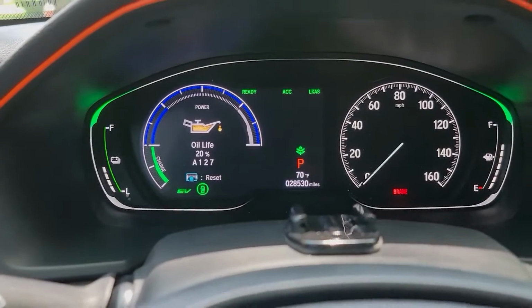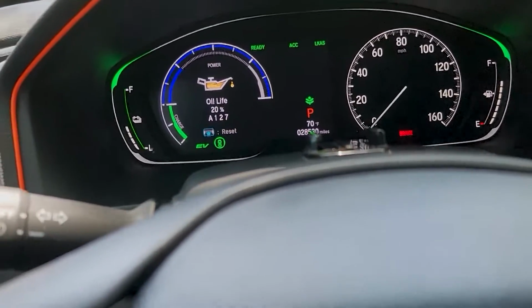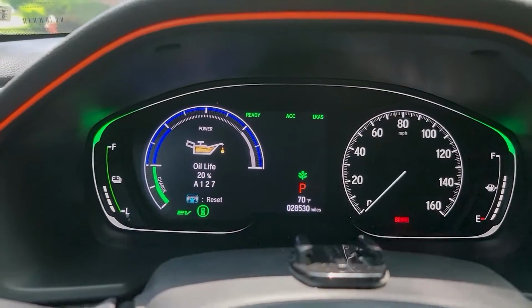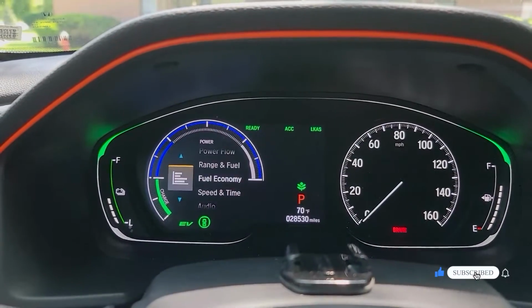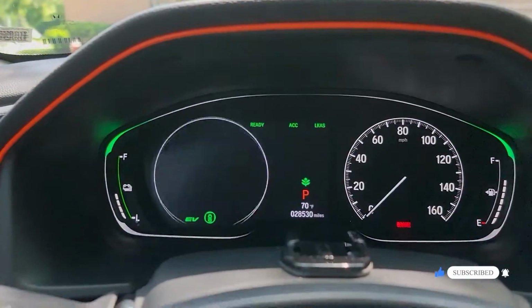So I'm not sure if they're gonna flush the brake system or just change the oil. I think it's probably gonna be the oil change. So let's head there and see what service they're gonna do and how long it's gonna take and what the price is gonna be. So stay tuned. Alright guys, so after almost 2 hours the oil change is done and I had a brake